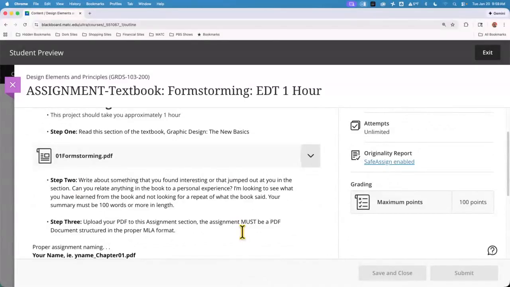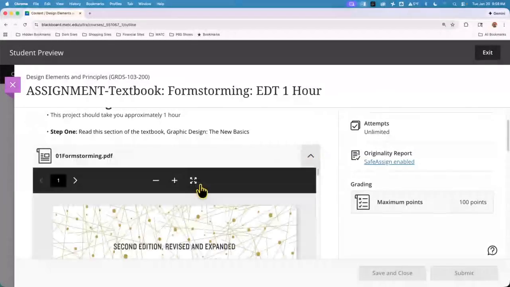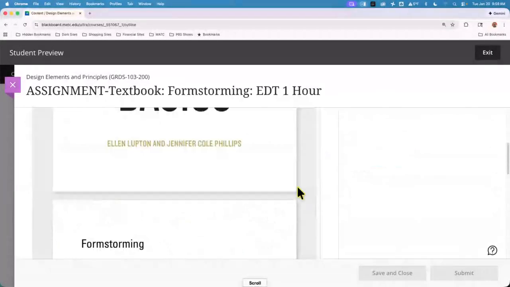You're going to read it. You don't have to tell me what it's about, but I want you to write 100 words, which is 4 sentences. It's not that much. But if you're perusing through the book and you're kind of reading things,